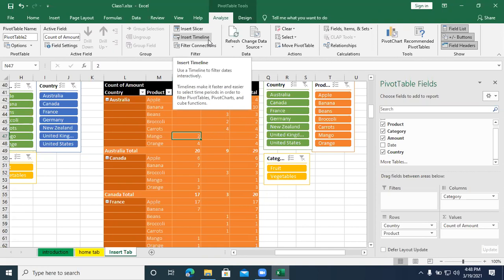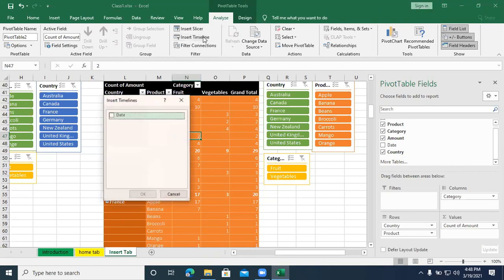We have a date column in the table, right? If you have a date, it shows based on the date. You can check that in the first quarter of 2016, how much product we sold; the second quarter of 2016, how much product we sold. Month-wise, date-wise, year-wise, you can analyze your data.